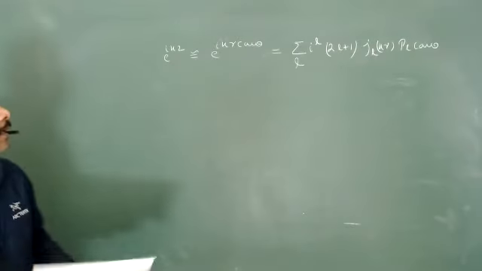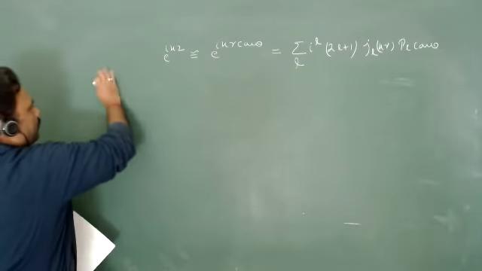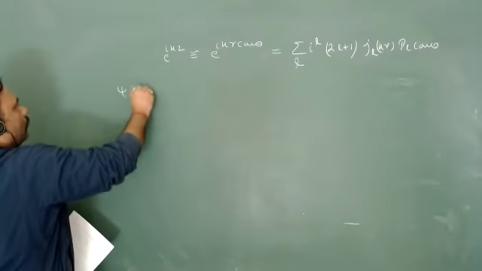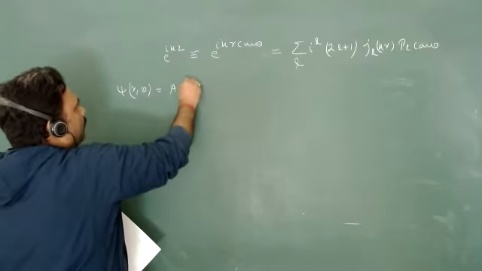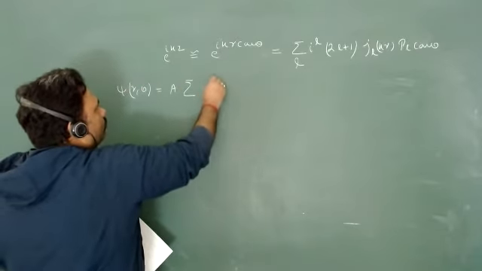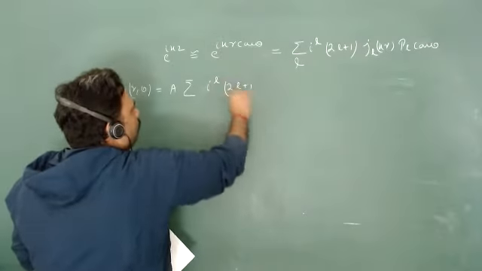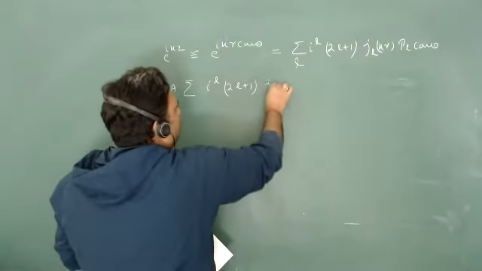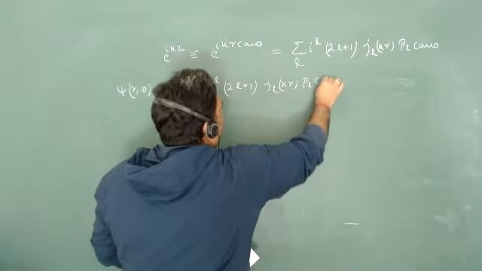So what is my psi(r, theta)? e to the power ikz, I can write as summation over l of i to the power l, (2l plus 1), j_l(kr) P_l(cos theta),